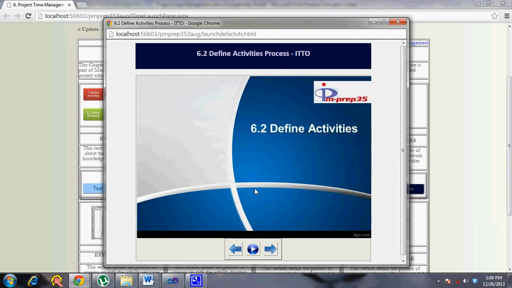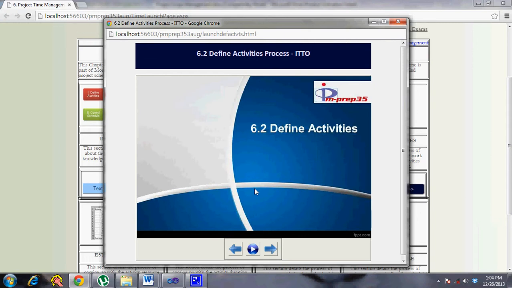Although again, these can be done as one single process: creation of WBS, then going ahead and creating an activity list, and then networking these together into a network diagram, and then determining the durations, resource requirements, and then putting that in a schedule which is acceptable to all the stakeholders. It is all mostly done as one single process.